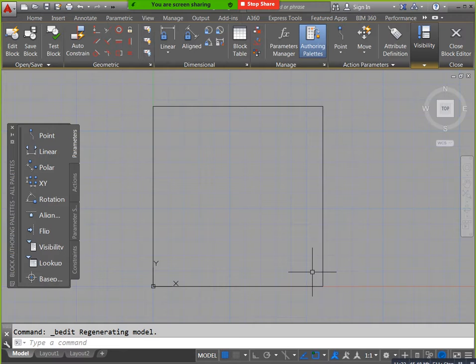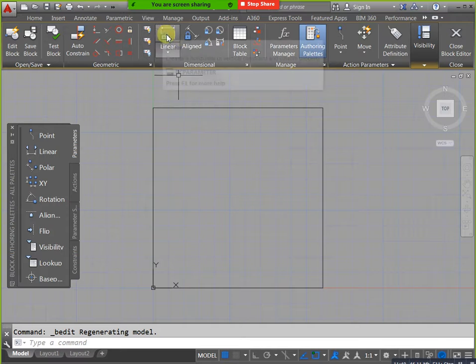See, for example, this is a rectangle now. Here we need to apply our parameters. Just here we have parameters, you can see, and here we have one palette also. I will explain this one also. First you can listen to these parameters. We need this one for editing purposes.